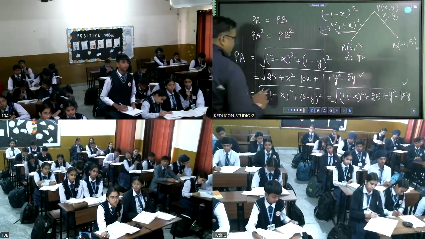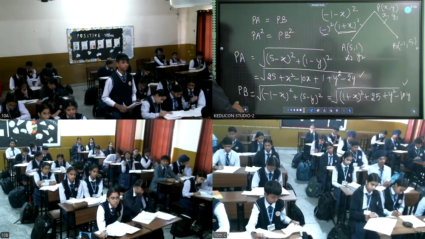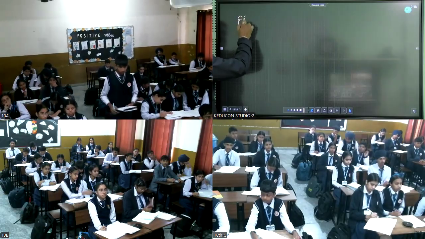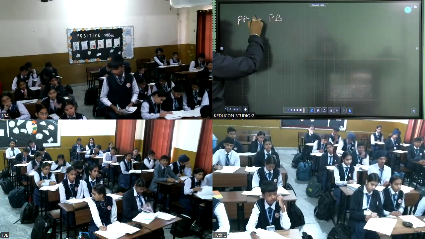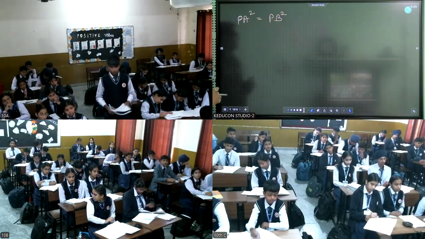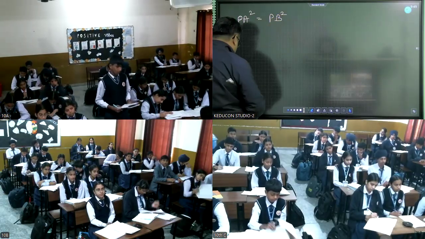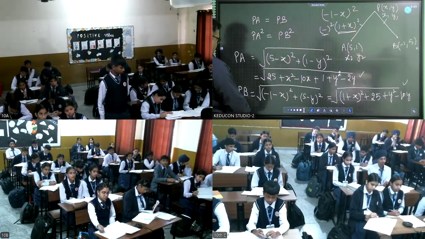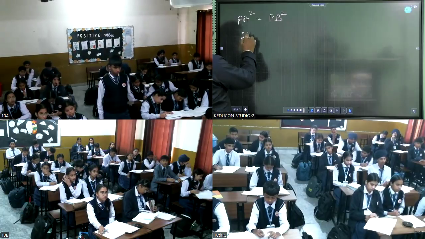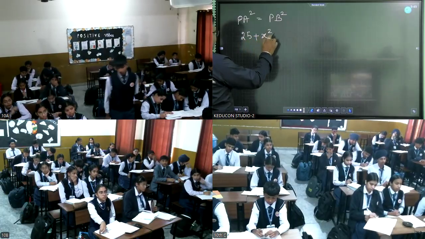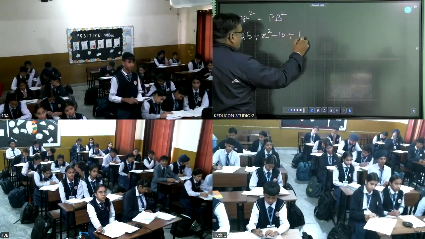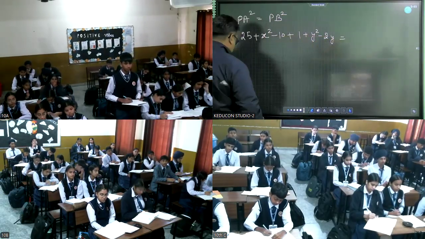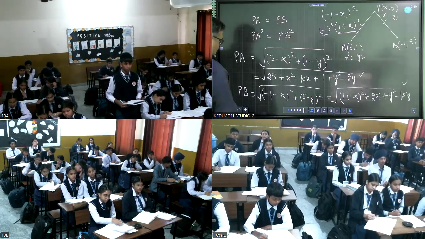अब इन दोनों को इक्वल कर दें बच्चों, तो यहाँ से क्या बन जाएगा? x स्क्वायर प्लस y स्क्वायर। इनको दोनों को हमने इक्वल कर दिया, PA इक्वल टू PB। और जब दोनों के स्क्वायर को इक्वल करेंगे तो स्क्वायर रूट्स हट जाएंगे बच्चे। जब स्क्वायर रूट हटाओगे तो आपके पास क्या बनेगा? 25 प्लस x स्क्वायर माइनस 10x प्लस 1 प्लस y स्क्वायर माइनस 2y इज इक्वल टू 1 प्लस (x होल स्क्वायर)।